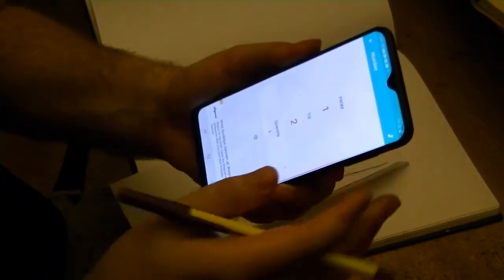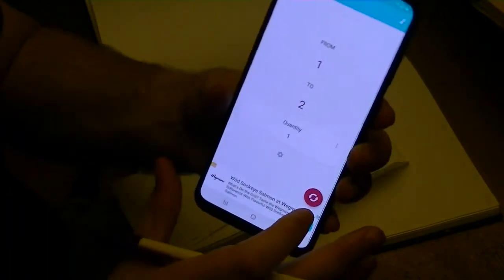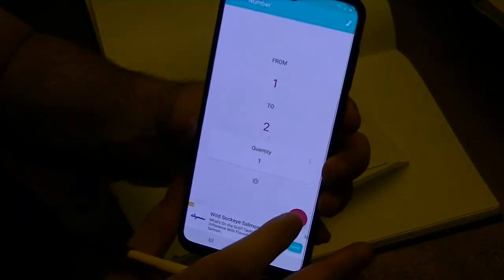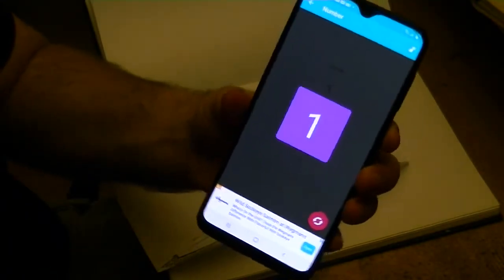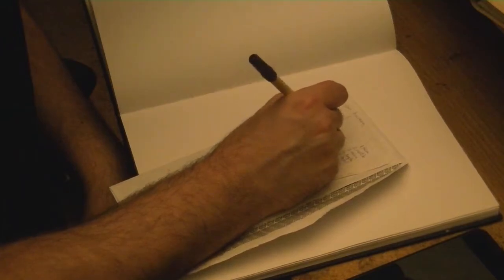I guess that way we determine whether it's male or female. Okay, 1 will be male, 2 will be female. Okay, so we're making a male child.